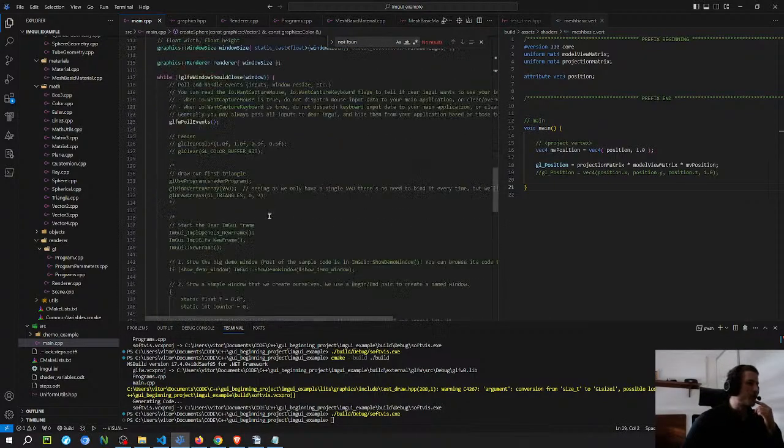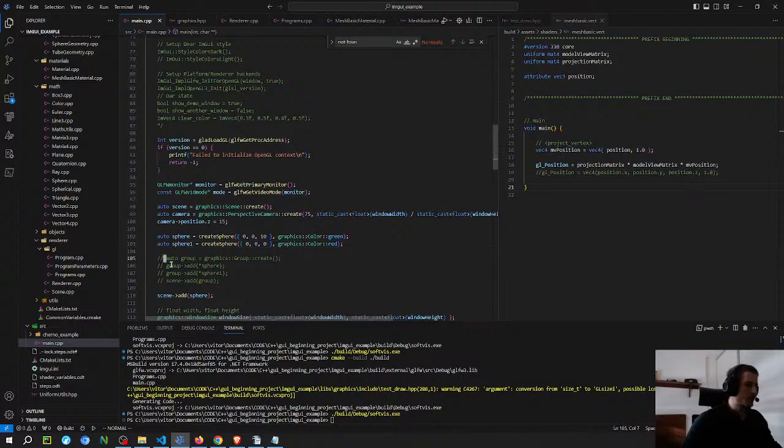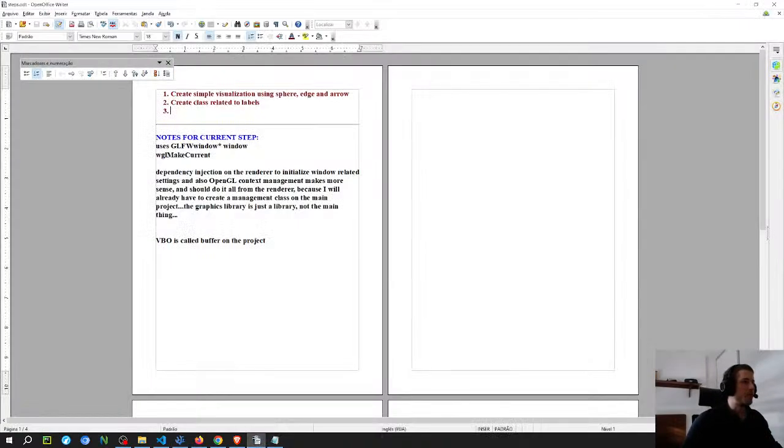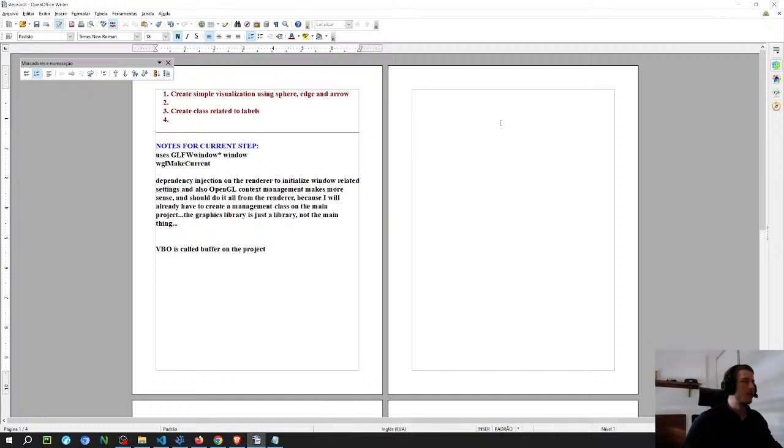I'm going to do the two spheres first because it's easier to separate them. I need to figure out the uniforms as well. So I'm going to do this first, then